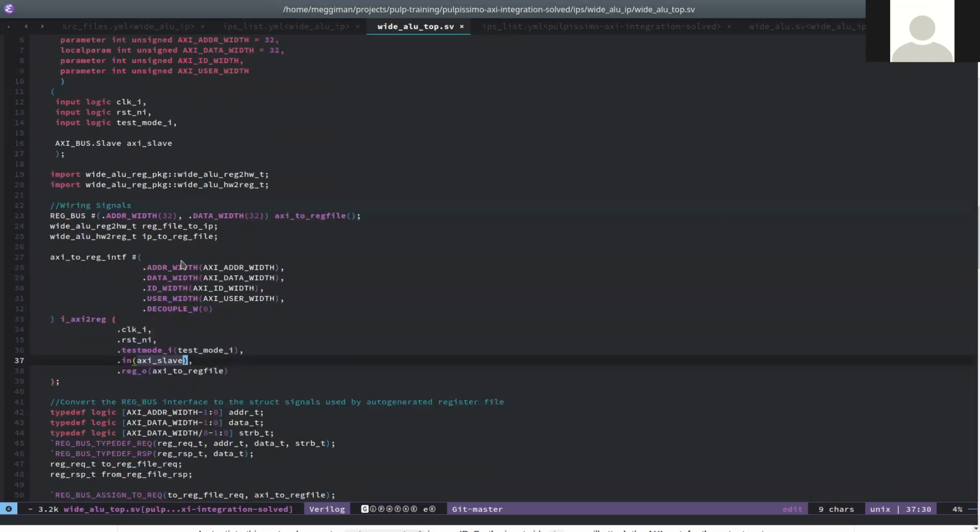So we have the AXI slave that comes in, it goes into the protocol converter, and out comes a signal of type RegBus. RegBus, this is the SystemVerilog interface for the generic register interface. That's the name of that interface, RegBus. So this comes out of the